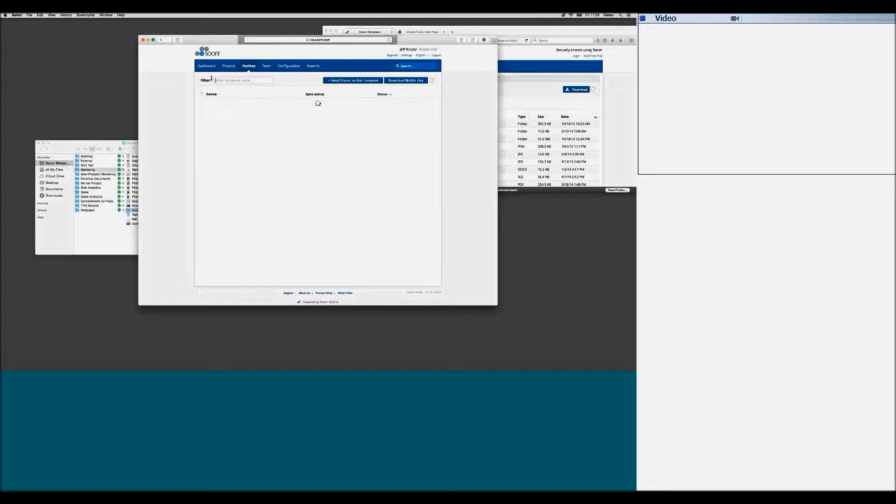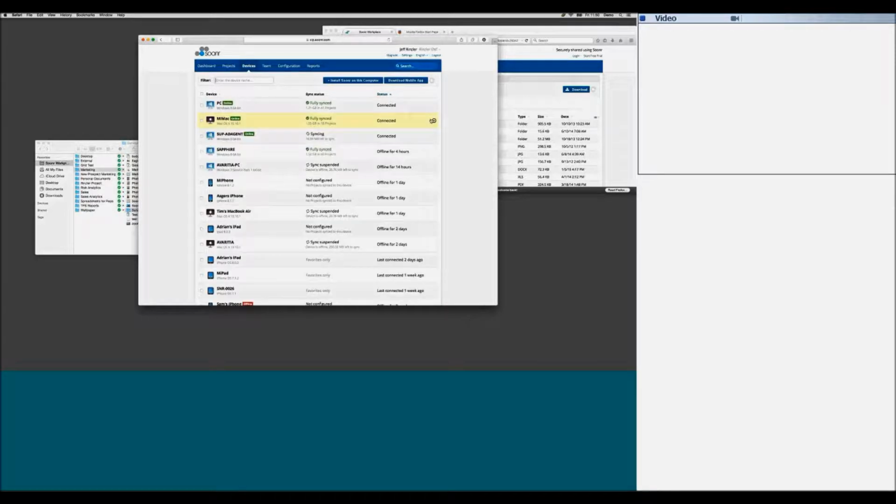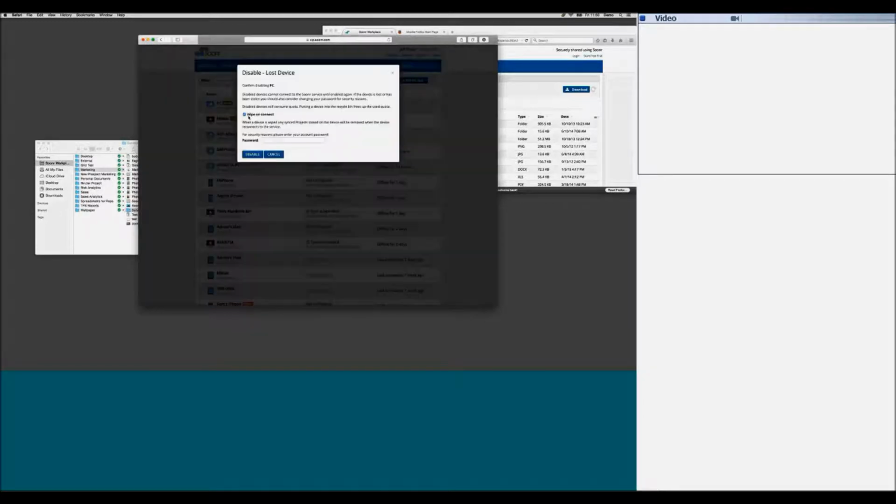Probably the most notable thing worth mentioning in here is the ability to remotely wipe a machine. So we can go on to disable lost device, tick the wipe on connect. As soon as this device connects to the Soonr service again, it'll wipe all the Soonr held data off the device. For this to function, or for this to be available, you need to be running the 4.4 agent on